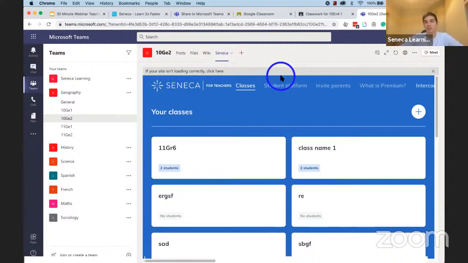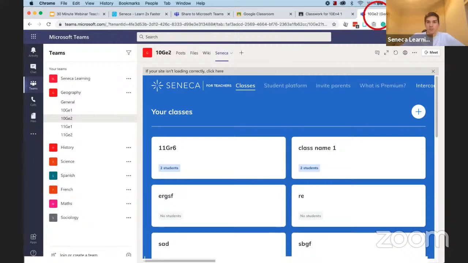Happy to answer those. I can see Lorraine has already put a question in here: do students have to remember their login details or just log in once? So it depends on the device settings. If students are on a personal device and they have their settings set so that it keeps them logged in, they won't need to remember to do that. On a school computer, I imagine it will vary school to school how that works. But if they're on their phone or something, they can just save their password and they'll just be able to log in, and it will just log in